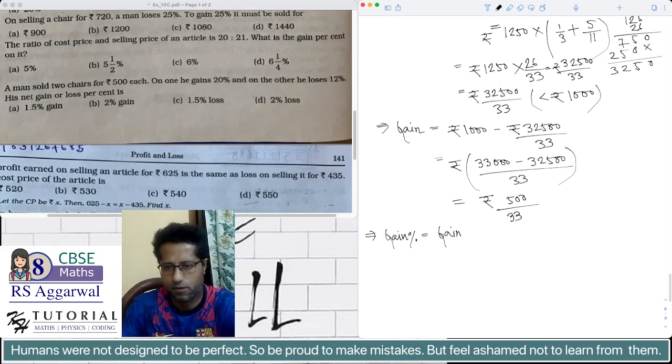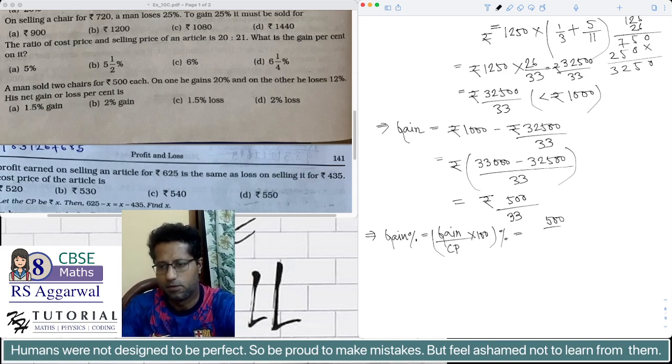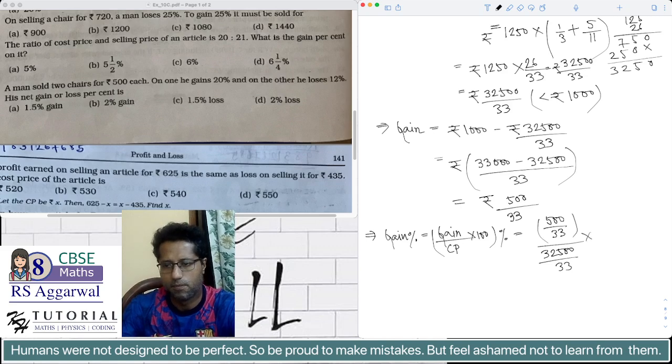The gain percent will be gain by cost price multiplied by 100. So gain is 500 by 33, and the cost price is 32500 by 33, multiplied by 100. This is equal to 500 multiplied by 100 divided by